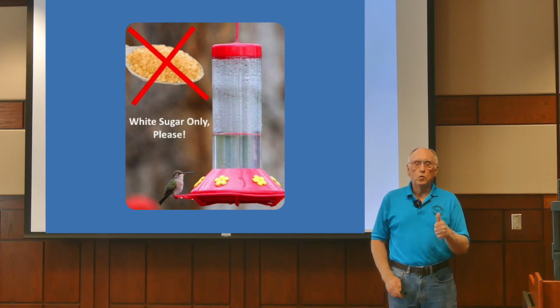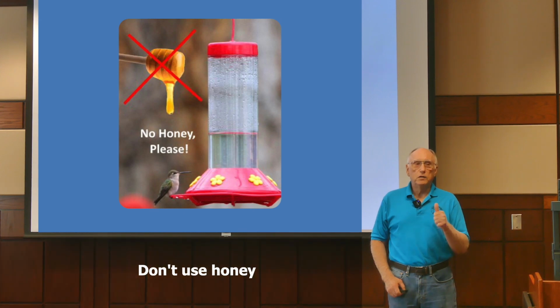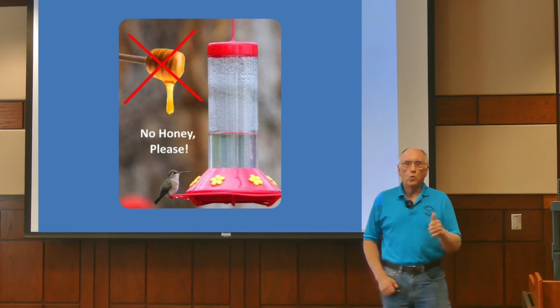Don't try to reinvent the wheel. Just use regular old table sugar. Never use honey. Honey gets a bacteria on hummingbird tongues and will kill them. All right. Now, with your feeder,